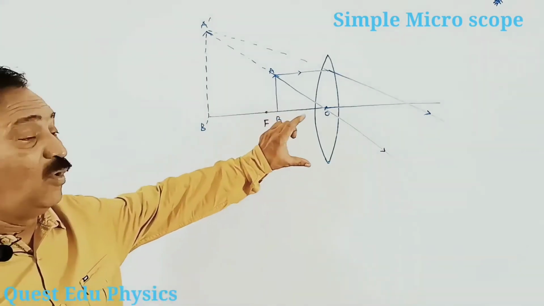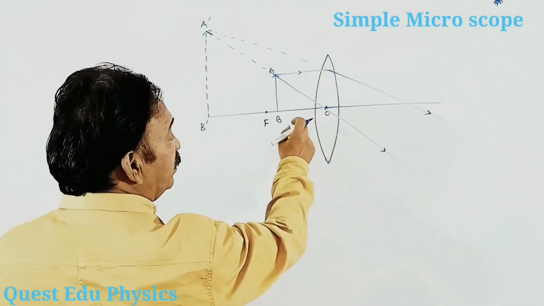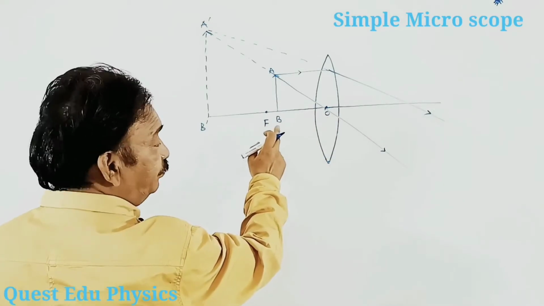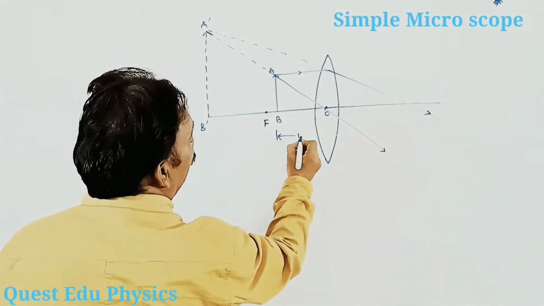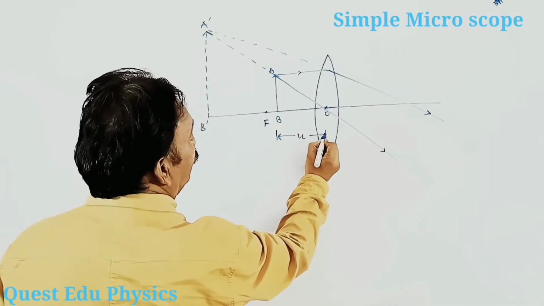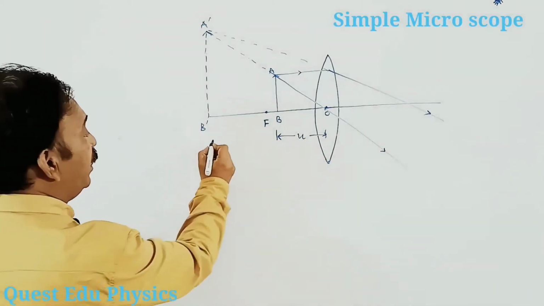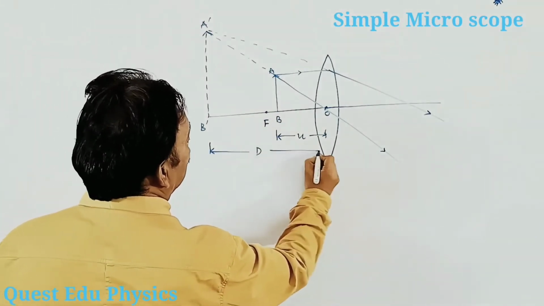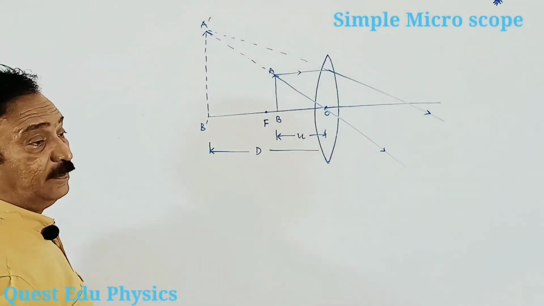Now see what we did. We took an object, kept in between the optic center and the focus. Let's say the distance of the object is u. And what we did, we formed the image at the least distance of distinct vision. It is the D, students. And what is the visual angle? It is the angle made by